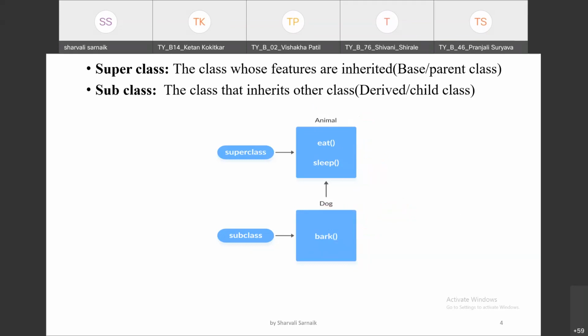So let's derive one more class. Now I want to derive a class from animal. I want to create another class, cat. Okay, what do I have to do, tell me. So I have taken one class named cat. Now in that cat class there is a method called meow.